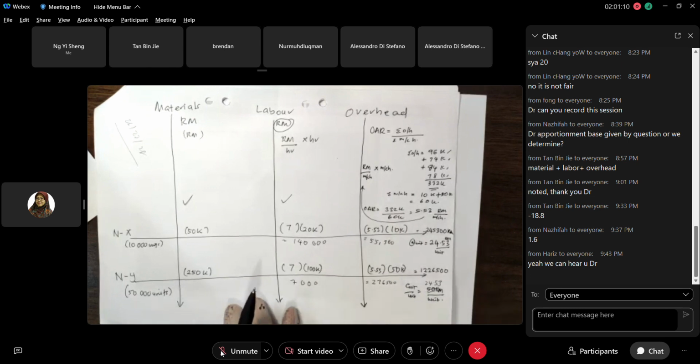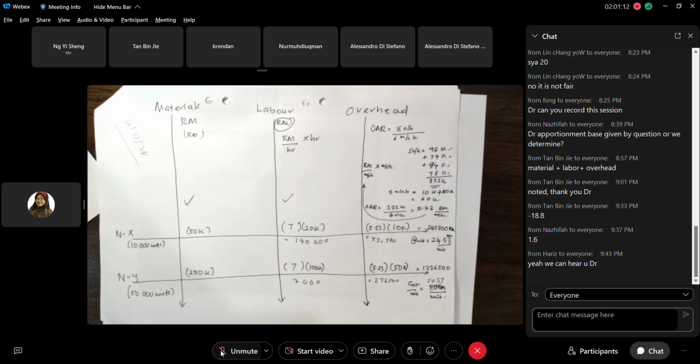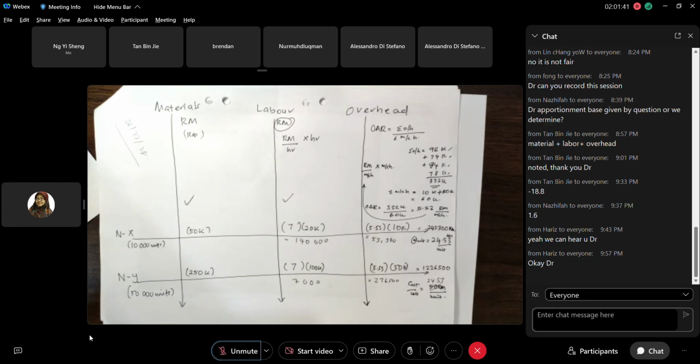Now, try to calculate by using ABC. For the ABC, I want you to try yourself and then give me the answer. Okay, I will put in the e-learning assignment. So you can put your homework in the assignment slot. Boleh? The time is very close to 10 p.m. Okay, try your best. And then put in the e-learning. Okay, good. Okay, thank you all.